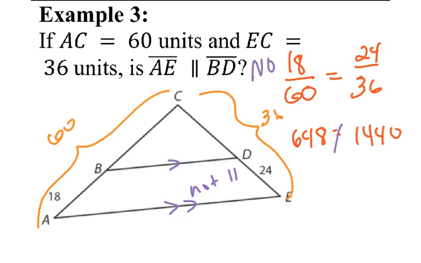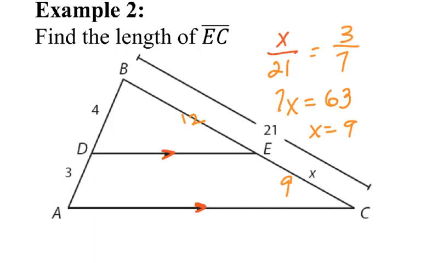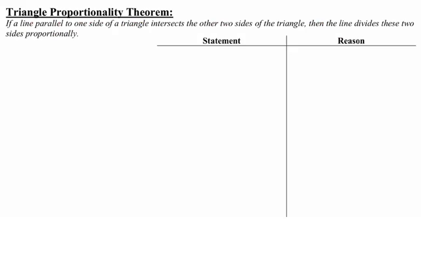Okay, so let's go back up to the top and let's look at proving the triangle proportionality theorem. I'll tell you right now you're going to need to write small, okay, but let's start out with a picture of what we're trying to do. So I'm going to start with a picture of a triangle, and I'm on purpose making it look like it's scaling,